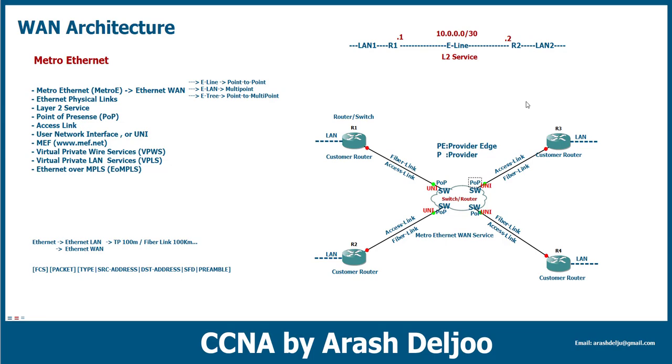Here we have, for example, four sites, and we want to establish the point-to-point Ethernet WAN between the different sites with each other. Okay, R1, R2, R3, and R4. Let me show you. Look at here. In this scenario, we have 4 sites and we want to have connectivity with only the Ethernet WAN point-to-point or the E-LAN service. Okay, how can we establish the point-to-point service when we have 4 sites?